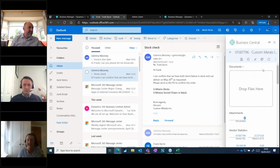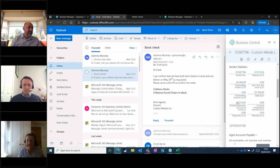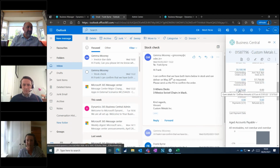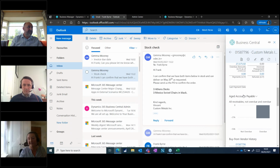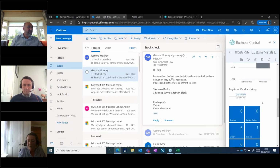So straight away, Business Central loads relevant information for our vendor. We can see that there is a balance on the vendor's account. We can see that we have outstanding orders. We can see that our balance is actually an overdue amount, which may be an issue with the vendor. If we scroll down, then we can see our payables on this particular account. We can also